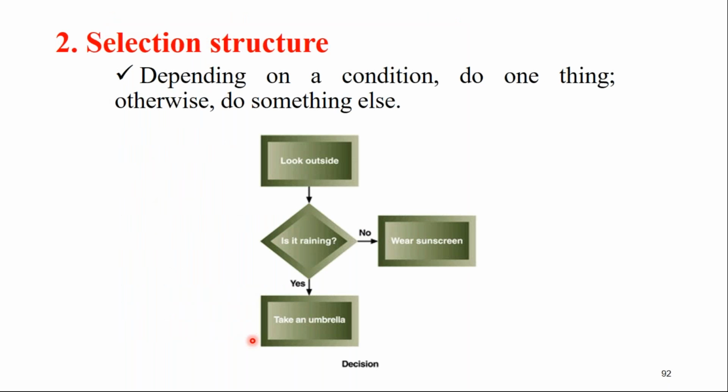Next, selection structure. Depending on a condition, do one thing, otherwise do something else. Now I am here. I cannot decide now itself to do something. For example,